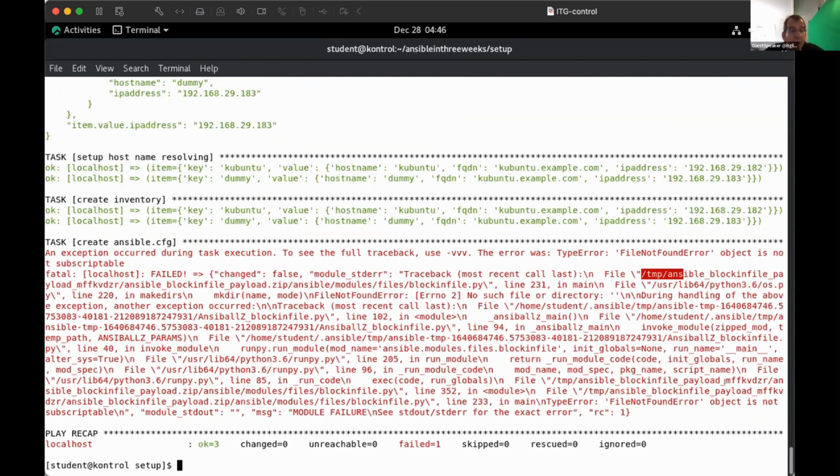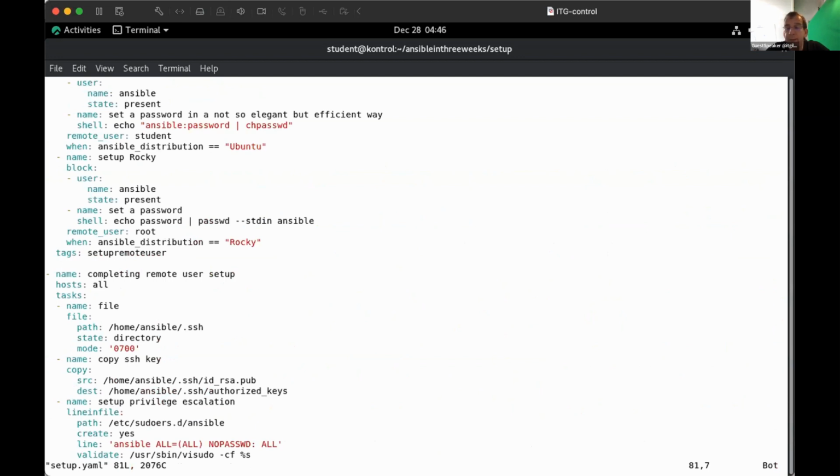And no, I'm not going to do Ansible lint. Ansible lint is taking away your capability of thinking about it. And I just want to understand what is happening. So I'm getting a file not found error, object is not subscriptable. I have no idea what object is not subscriptable is, and I'm not going to waste your time either using any Google or whatever. So what I will do here, I will do a quick check on the